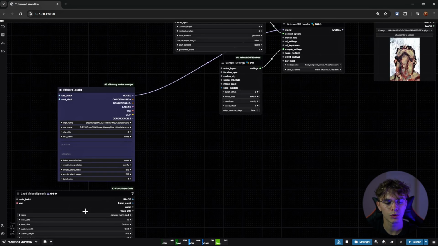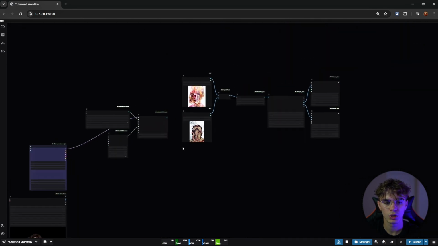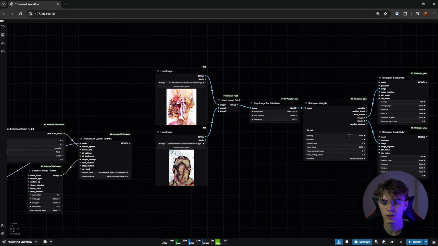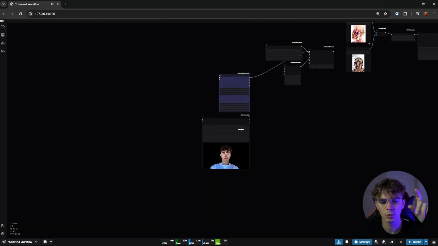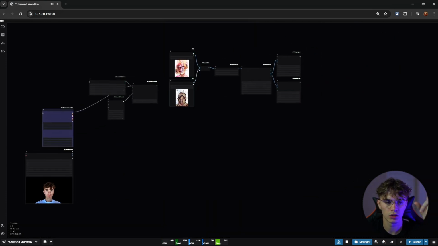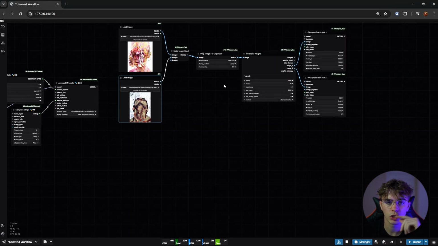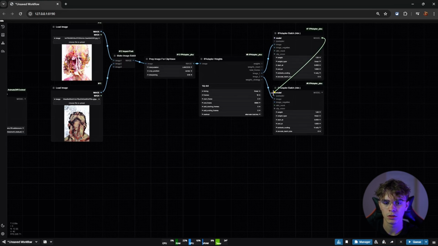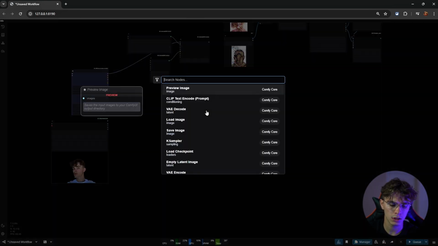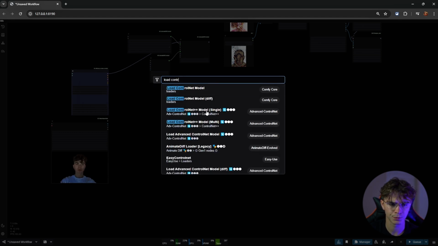Because we have 20 images input, we're going to need to put this to 10 so we can have a smooth morph between the two, so 20 divided by 2. So we can do it like that. I'm going to show you a better way to do it after, but for the moment I want to do the basic. So we're going to connect to that, and we're going to need some controlnet